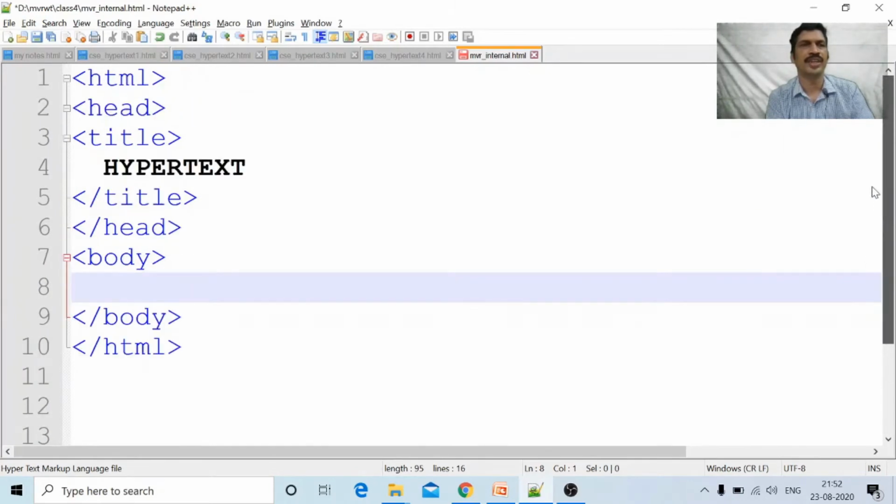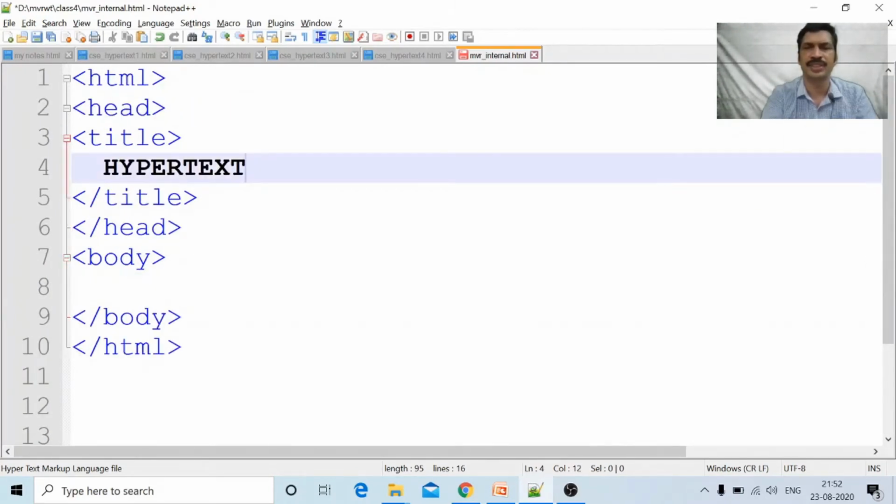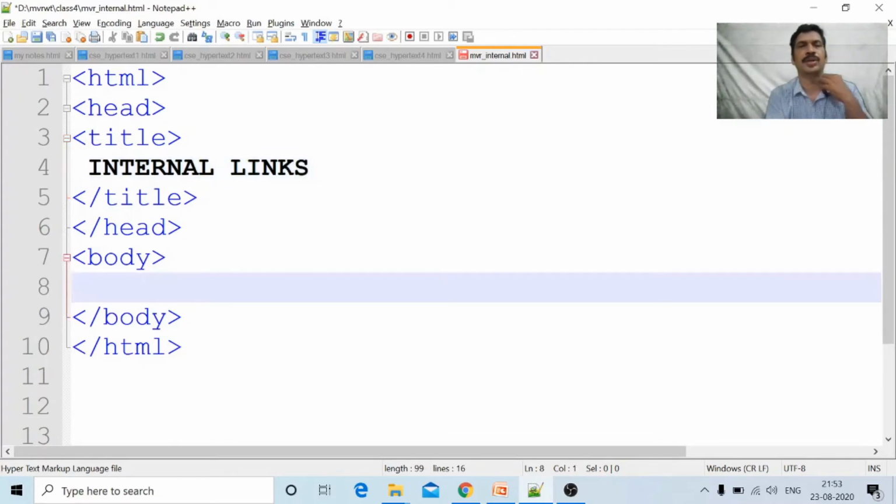We are working on internal links. What title am I placing here? Internal links. This will appear on the top of the browser. Now I will write the heading. The first one is movies.